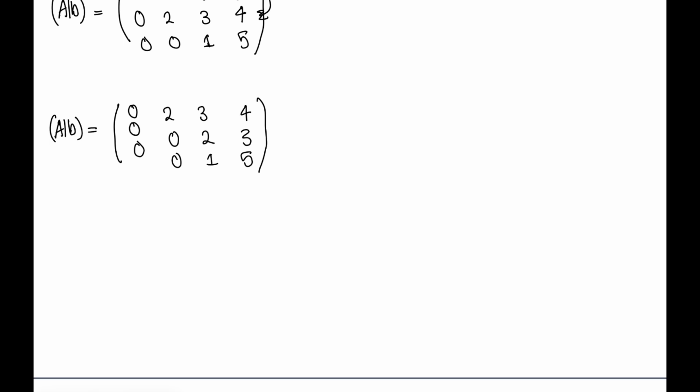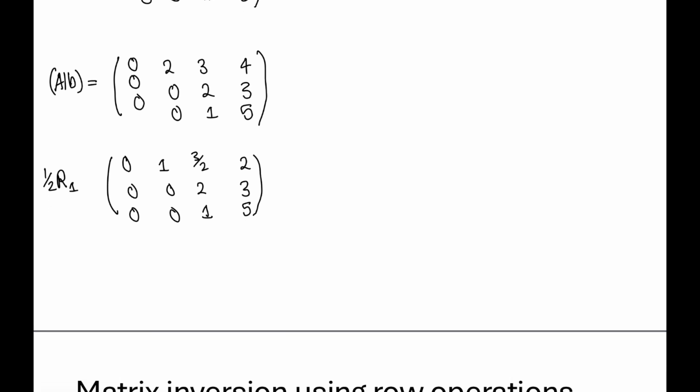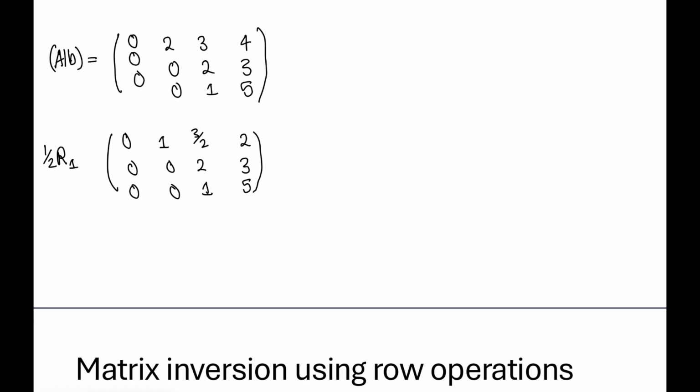Now we need to make this entry 1. To do that, we times row 1 by a half. That gives us 0, 1, 3 over 2, 2, 0, 0, 2, 3, 0, 0, 1, 5. Now we must add suitable multiples of the top row to rows below it so that all entries below this leading one become 0. We don't need to do that in this case because all the entries below the leading one are already 0. So then we can move on and cover up the top row and apply the steps